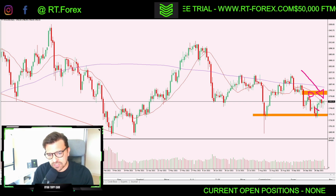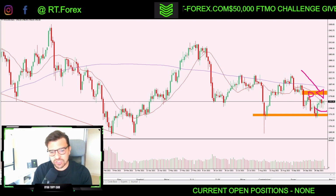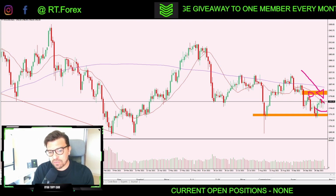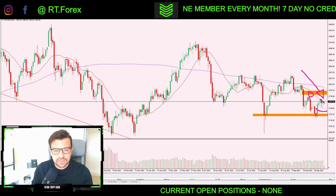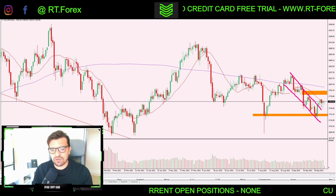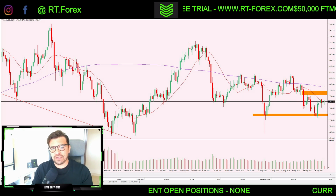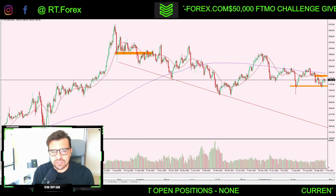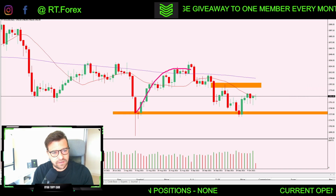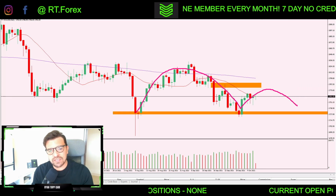But even on this daily chart, you notice some wicks to the downside, which should be a bullish indicator. If we get above this 20, close above that 20 on the daily, it could be a decent sign, or maybe we're breaking out of this structure and now moving back up to the upside. But don't discount a possible pattern like this on gold, where we're getting our cup with handle for continuation shorts,